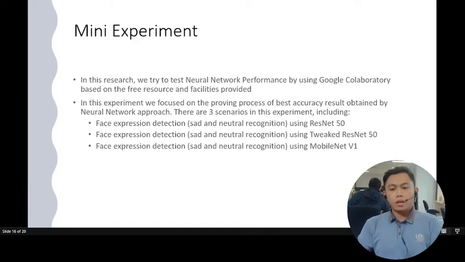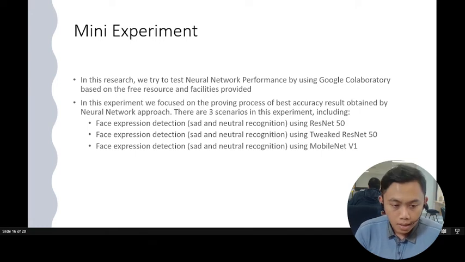So after we got the datasets and the most used method to detect face expressions,